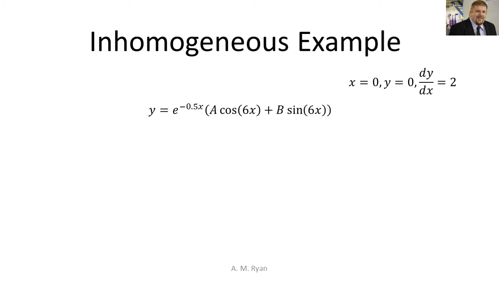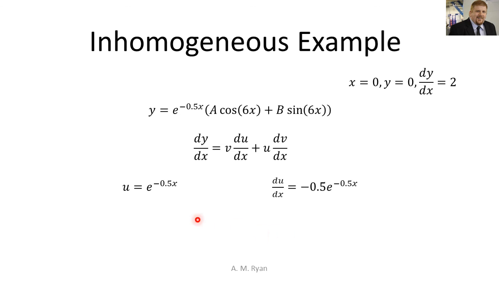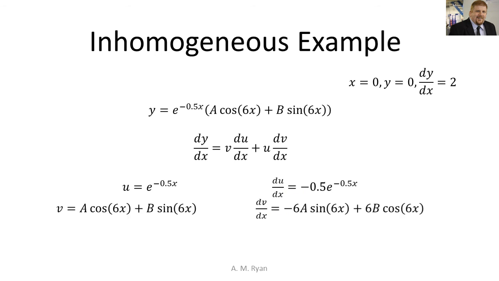And we start with this. Now I'm very structured with my product rule. I write my rule and then I write what my u is and differentiate it. So I pick e to the minus 0.5x to be my u, and I differentiate it straight away. So I've now got what my du dx is. I then pick the other function to be my v, and I differentiate it, and I write it in a grid like this,